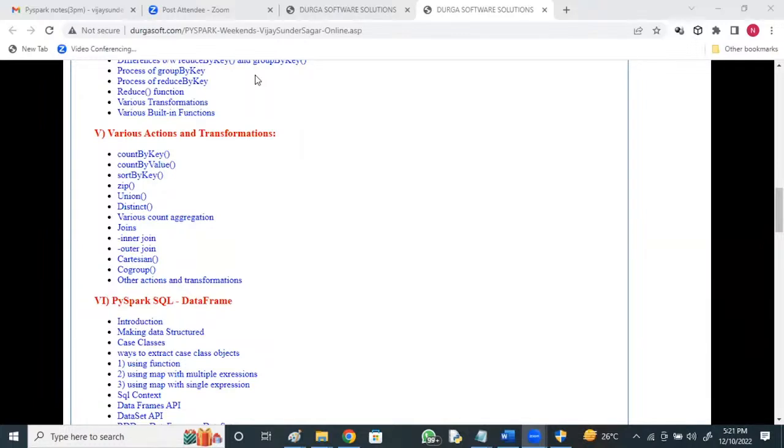Yes, Spark is meant for batch processing. It's not for online processing. It's not for a single record or two or three records; we need not go for Spark for that. For millions and trillions of records, you go for Spark. For one or two transactions, no need to go for this. Millions and trillions of transactions, we go for this. Yes, it's for batch processing.